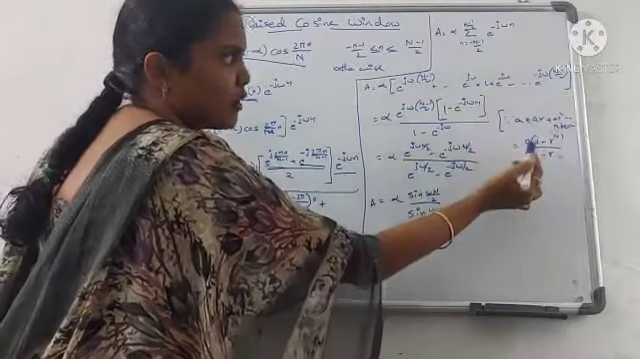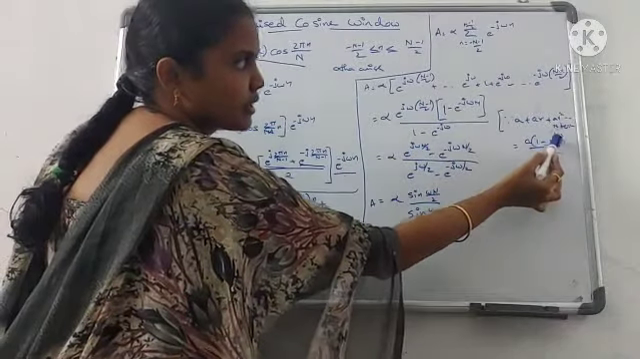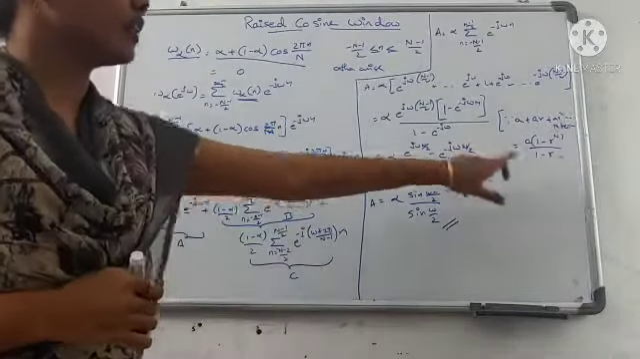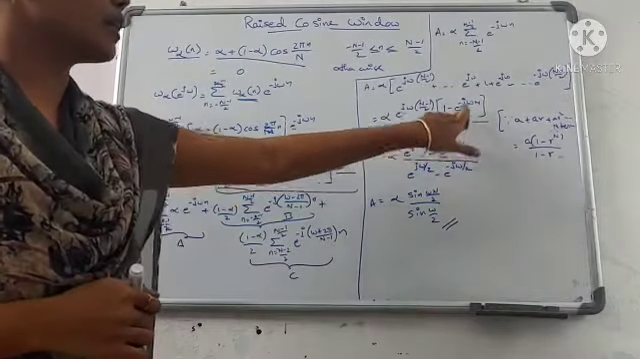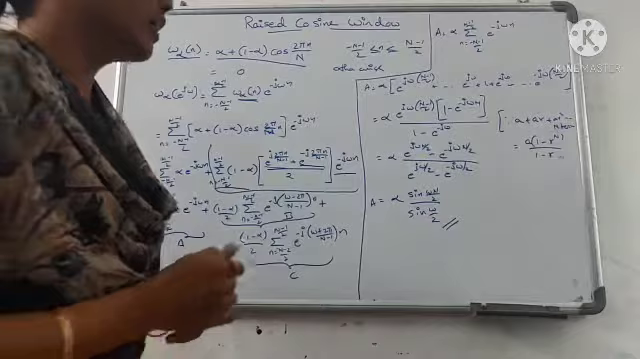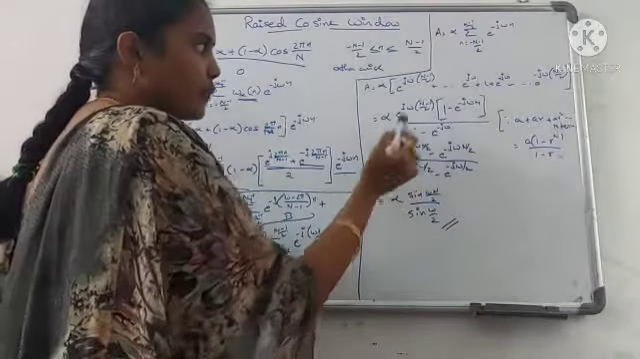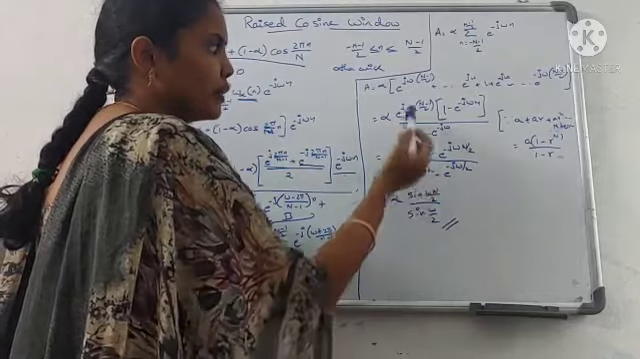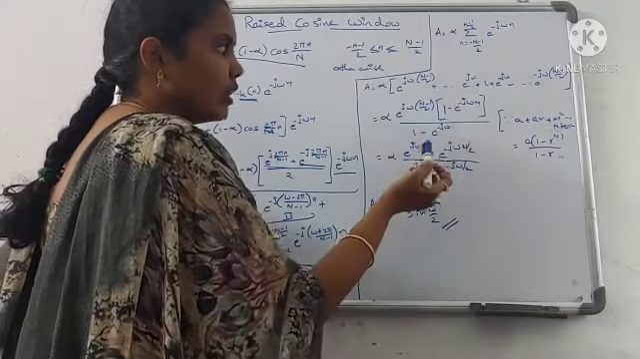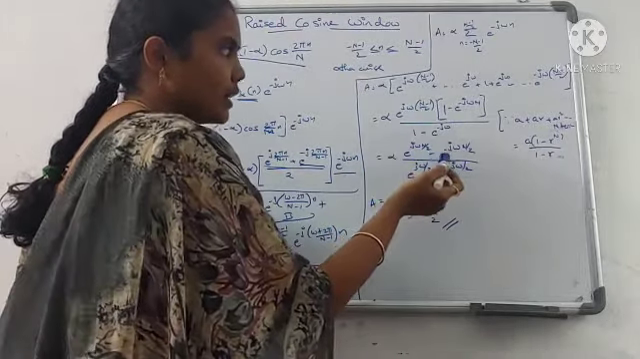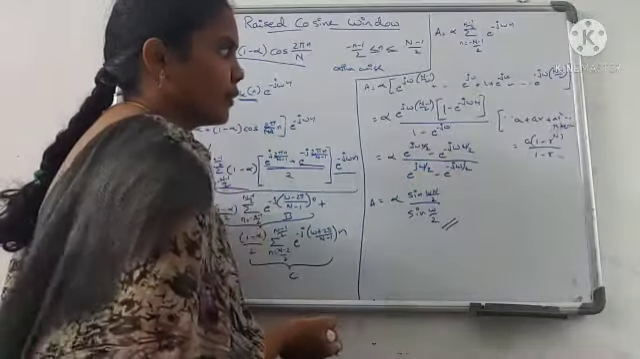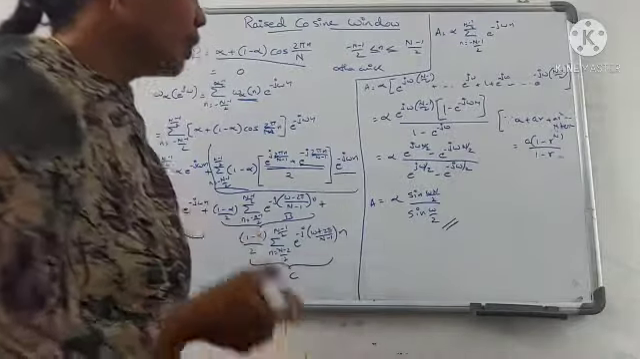This series is in the form of a into 1 minus r power n by 1 minus r. So you have to write in this form, 1 minus r power n by 1 minus r. Then you have to multiply these two: alpha into e power j omega n minus 1 into 1 minus e power minus j omega n minus 1 by 2 divided by,